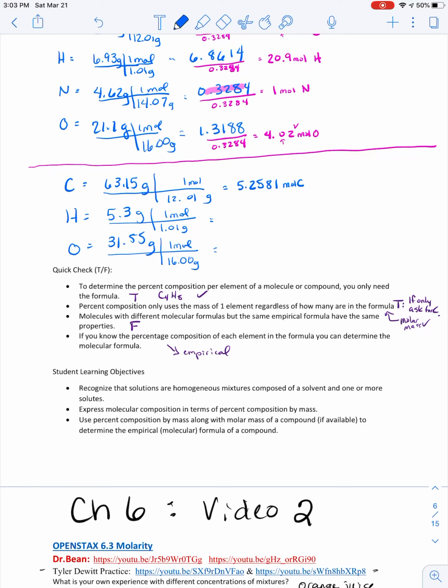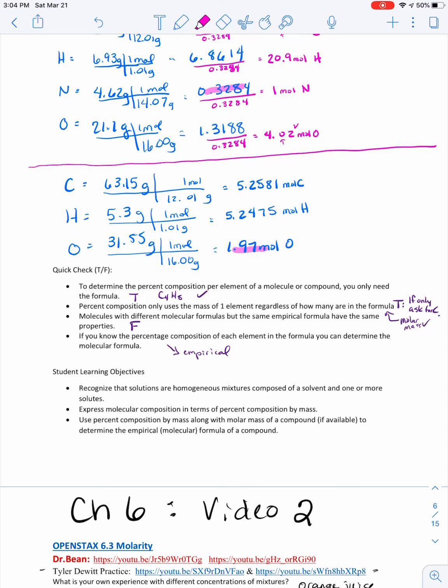That gives me 5.2581 moles of C. And then I have 5.3 divided by 1.01, and that gives me 5.2475 moles of H. And then if we do the last one, I have 31.55 divided by 16, which gives me